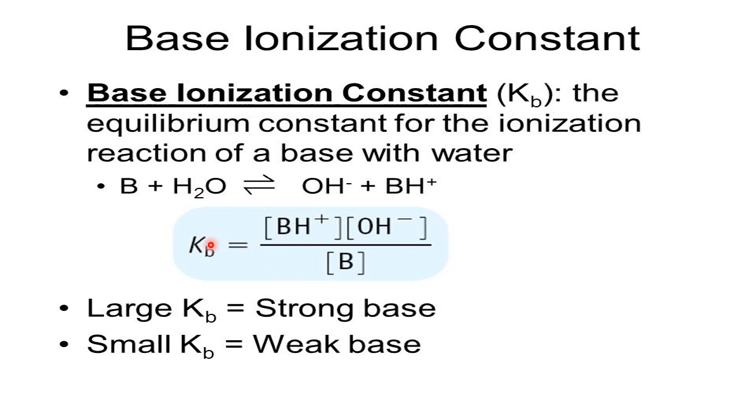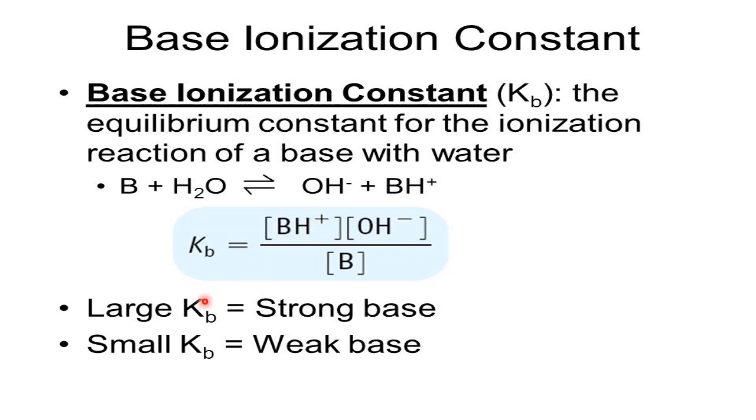In the same way, the larger the value of Ka, the stronger is the acid. So depending upon the value of Ka and Kb, we will tell whether the given acid or base is strong or weak. The larger the value of Kb, the more ions there are. More ions means it has dissociated more. That means the base is strong, the acid is strong. Once again, I'll repeat: the larger the value of Ka and Kb, the stronger is the acid and the base respectively.